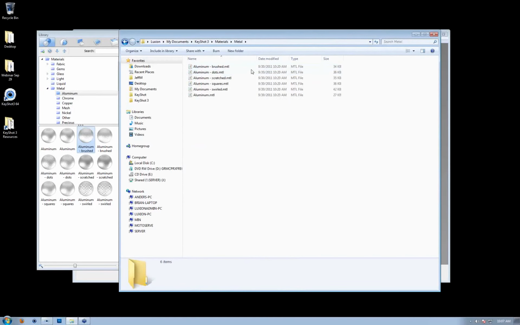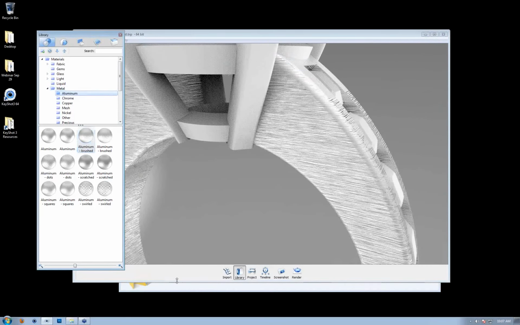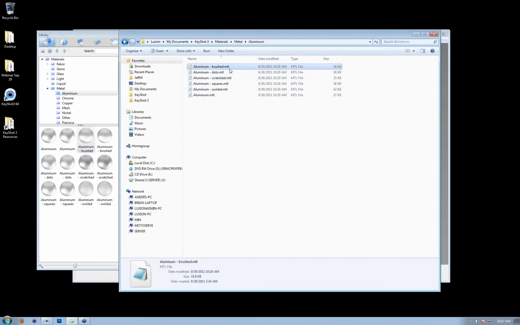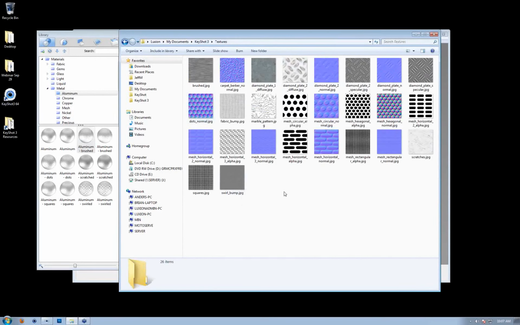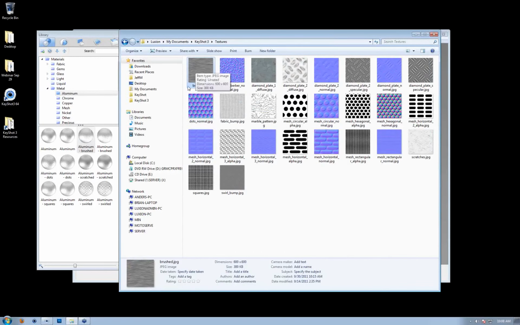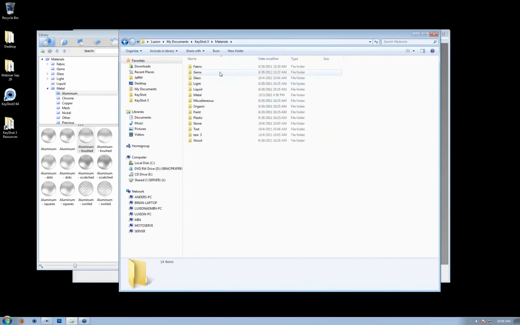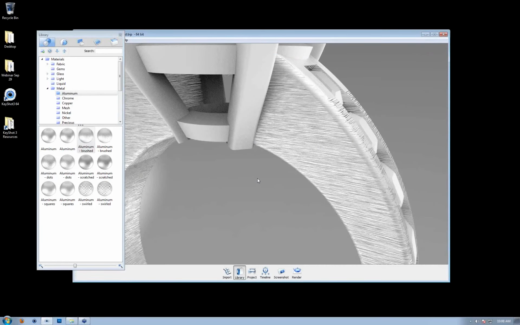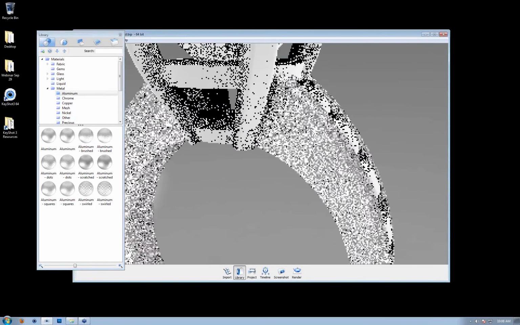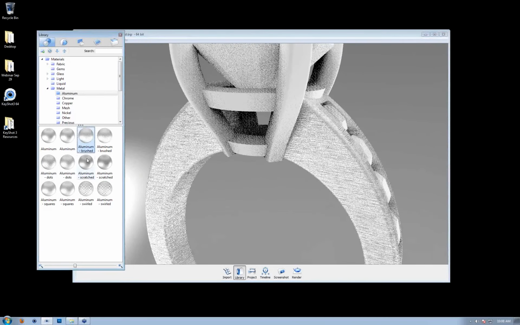So if we look at my aluminum folder here, where this is sourcing from, we have a brushed material file. This definitely doesn't have an image file embedded in it. This is only 34 kilobytes. So this is looking at, back in the Keyshot 3 textures folder, this is actually looking at my brushed texture here. So of course I could manually go into my materials folder and grab the aluminum material file, and then manually go into my textures folder, grab the texture, and move those things to a new system. But what I can actually do is I can take any number of these materials, I can do a multi-selection,